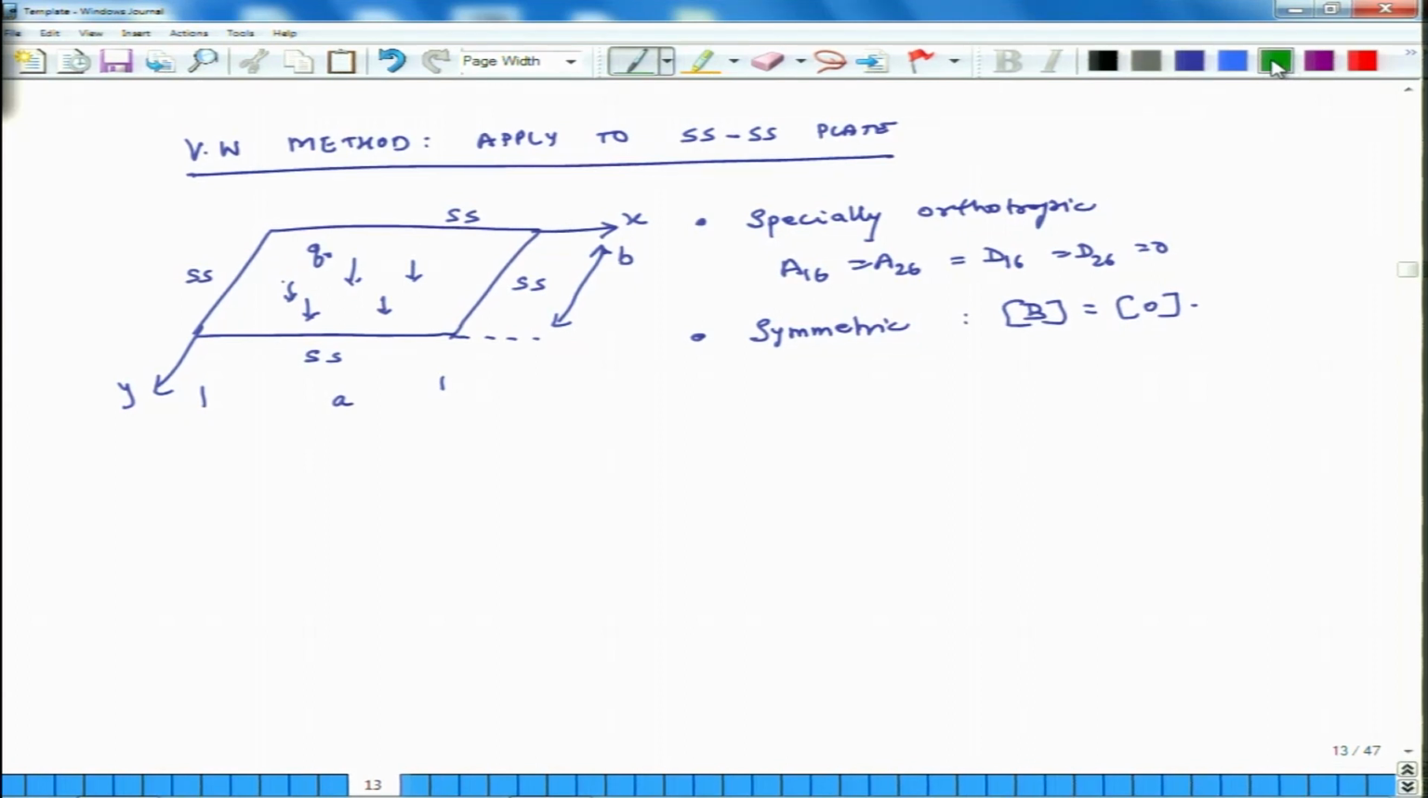Let us write down the boundary conditions. So, boundary condition on this axis is W is equal to 0 on all four edges, and on edges x is equal to 0 and x is equal to A, Mx is equal to 0, here My equals 0, Mx is equal to 0 and My equals 0, and we will not talk about in plane boundary conditions because we are only interested in solving the out of plane problem, and because the plate is especially orthotropic and symmetric, out of plane problem